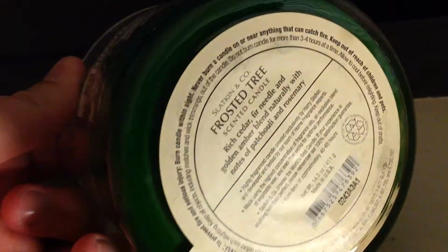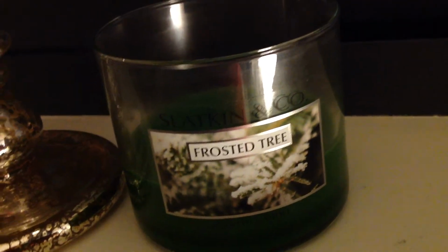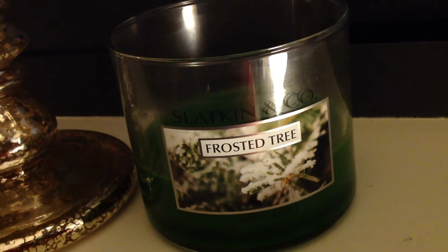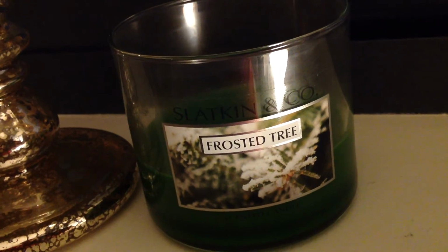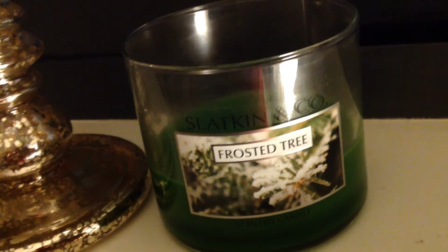Pine tree, of course. They say cedar, fir needle, and the amber, patchouli, and rosemary. This is much more of that herbal side of things. So it's the tree, but I originally thought of this, and I describe a lot of pine scents this way, but I think I described this in the past as a scratch and sniff Christmas tree. And I know that sounds weird, and probably only works in my mind, but for me